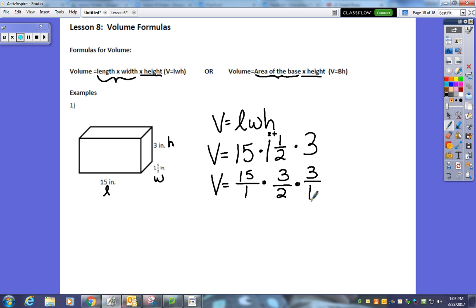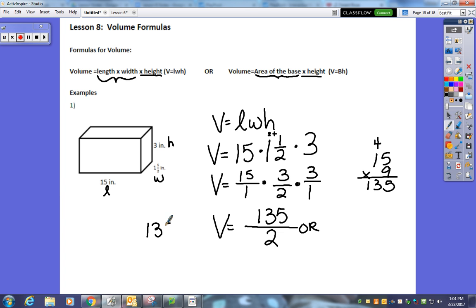Now, when multiplying fractions, I can multiply more than two fractions at a time, so I'm going to multiply all three at once. To do that, I just multiply across my numerators and across my denominators. Multiplying across my numerators, I have 15 times 3 times 3. Looking at that, I know 3 times 3 is 9, so I'm just going to do 15 times 9, which is 135. Going across the bottom, I have 1 times 2, which is 2, and 2 times 1, which is 2. So I get 135 over 2, which I can then turn into a mixed number if I choose to